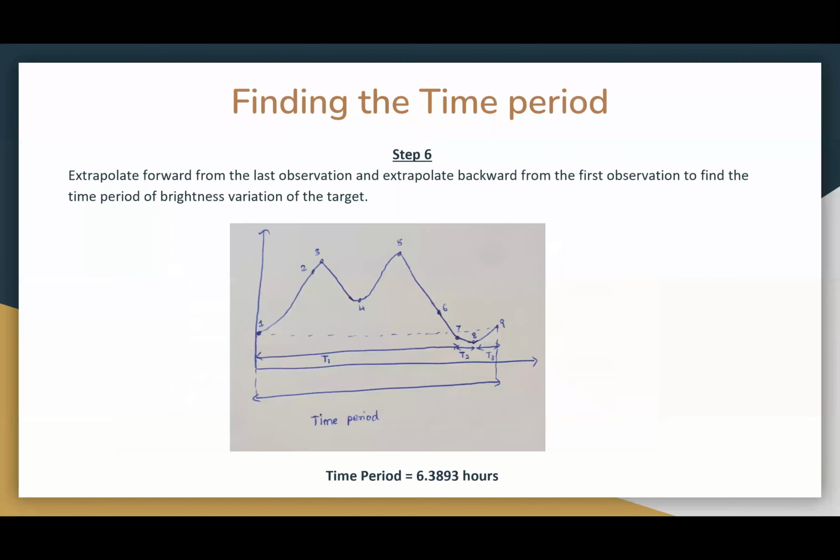So next, to find the time period. We didn't put a lot of time into this project. I mean, we didn't put enough effort into this. So we didn't use the Lomb-Scargle periodogram method to find the time period. I just looked at the graph and estimated how long it would be. I mean, I extrapolated it.